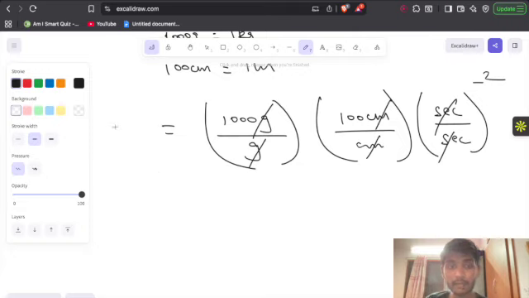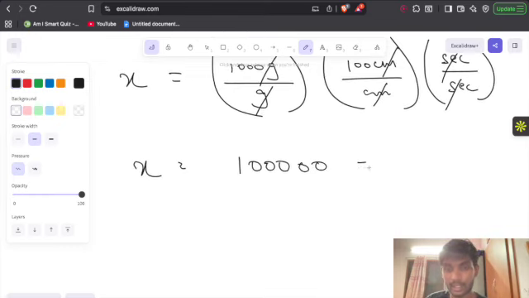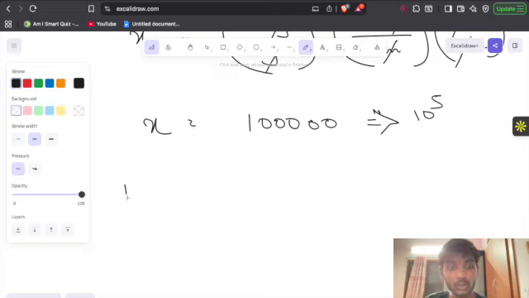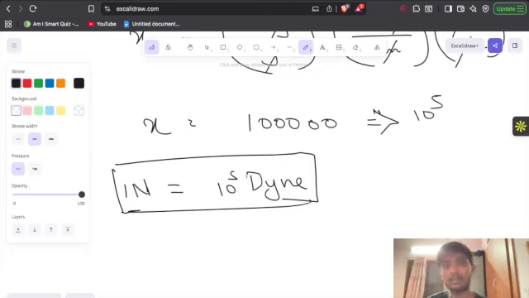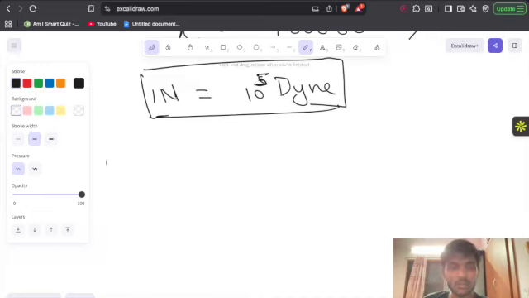So now what do I have? X is equal to 1,000,000, which is basically 10 to the power 5. So now I know 1 Newton of force is equal to 10 to the power 5 dyne. So this is how you convert one system of units to another and find the conversion factor using dimension analysis. So as a homework in this section, you can maybe take